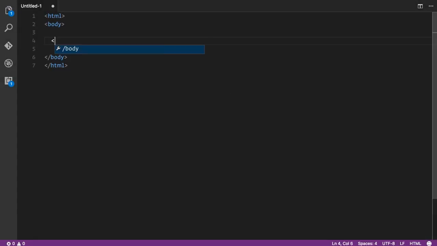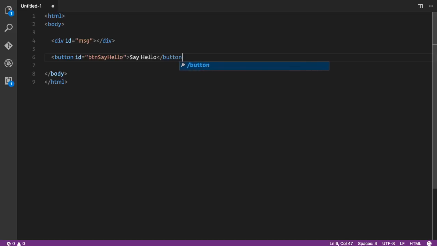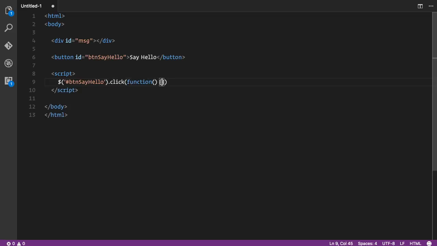Now, probably if you're like me, you come from a jQuery background, and there you're usually accustomed to something like this. So we have here our div with an ID message. Then let's create a button. Again, let's give it a button ID. Let's say button say hello. Say hello as a text. And then towards the end of the body tag, you usually have your script, where then we can use jQuery to select our button and to add a click listener here. And then let's select again our message container up there and use the HTML property and say hello, or better,